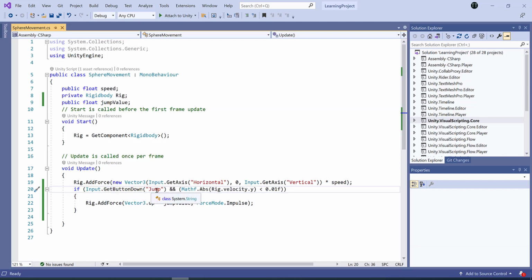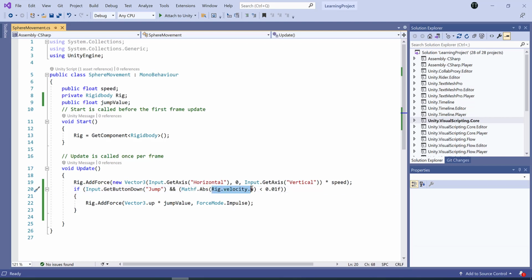This jump is mapped with the spacebar key and it is mapped with joystick button 3, and rigidbody.velocity.y, when the velocity is 0.0f over the y-axis, means it is very close to the plane surface, then it should make a jump.